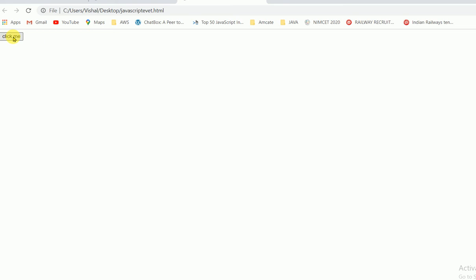That time I click only once. The first time I click, there is no result. After I press two times, because we are using the double click event, I will get the result. This is the double click example.